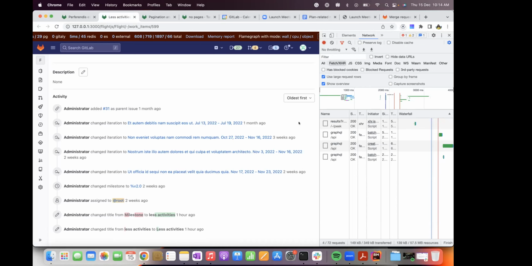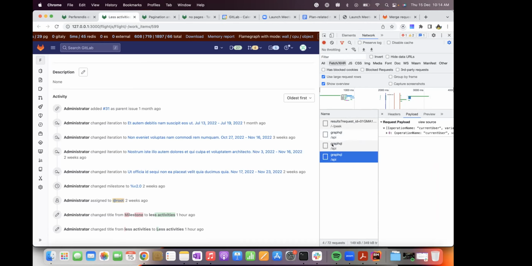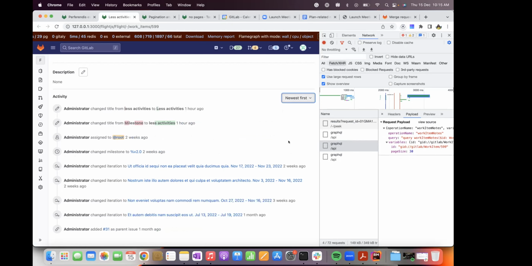By default, the sorting is oldest first, and since this is only the first page, there's no difference. We have the work item notes query where the page size is 30. I have used the same page size which is used for issues, which increases incrementally, which is the batch discussion logic, the same as in issues, which I'll show in the next task. And if I just change the sorting in the front end,